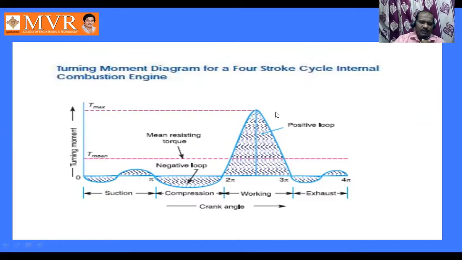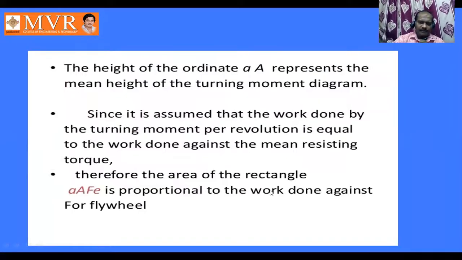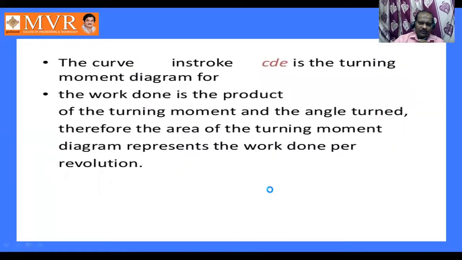So how are these values obtained? Let us see the calculation. All of you take a pen and paper and be ready with these values. How this value is obtained, how this T maximum will be obtained, we are going to do it. So take a paper, students, and try to understand what I am saying.